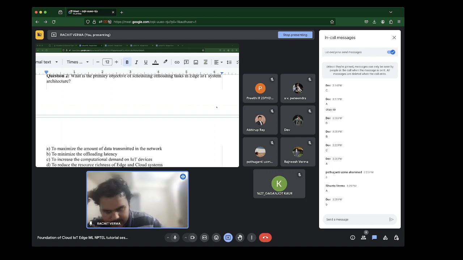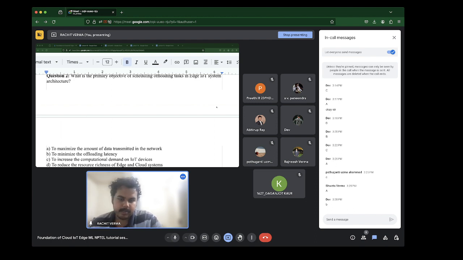So there's some time corresponding to that. You want to minimize this time, so you have to make sure you choose the right edge node, and only offload to the cloud when really necessary. And to maximize the amount of data transmitted in the network, that's not true.